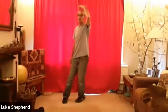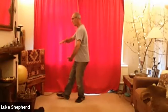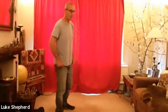Now my axis is all over the left foot. Then I turn my hips. As I turn my hips, my shoulder turns as well, and it draws my arm up into the posture. All my weight is on the back foot 100%. If I do that move facing you,